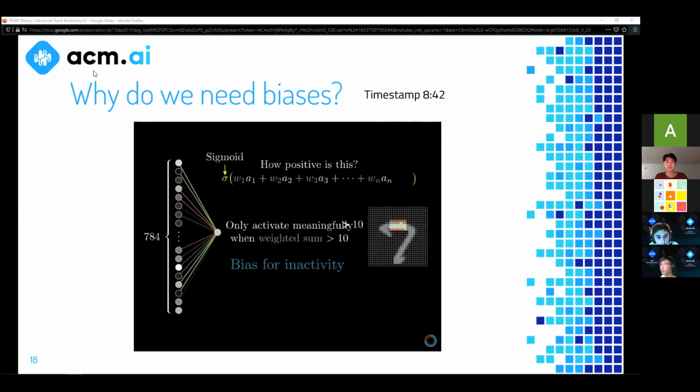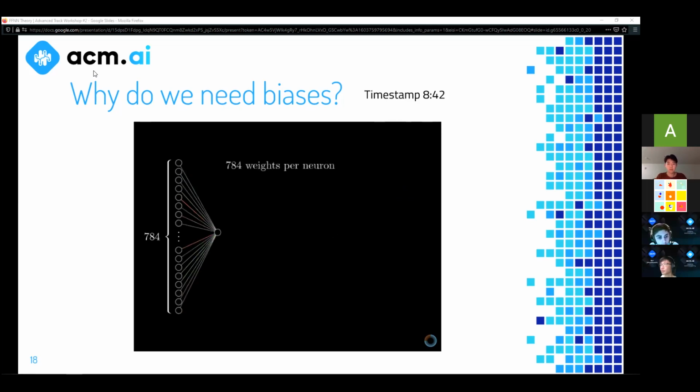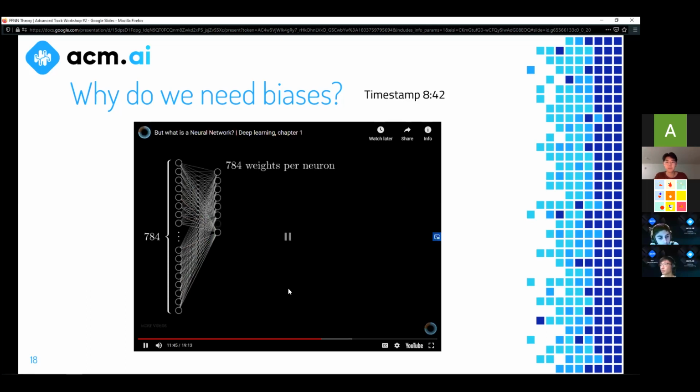What we'll do then is just add in some other number, like -10, to this weighted sum before plugging it through the sigmoid squishification function. That additional number is called the bias. So the weights tell you what pixel pattern this neuron in the second layer is picking up on, and the bias tells you how high the weighted sum needs to be before the neuron starts getting meaningfully active. And that is just one neuron. Every other neuron in this layer is going to be connected to all 784 pixel neurons from the first layer.